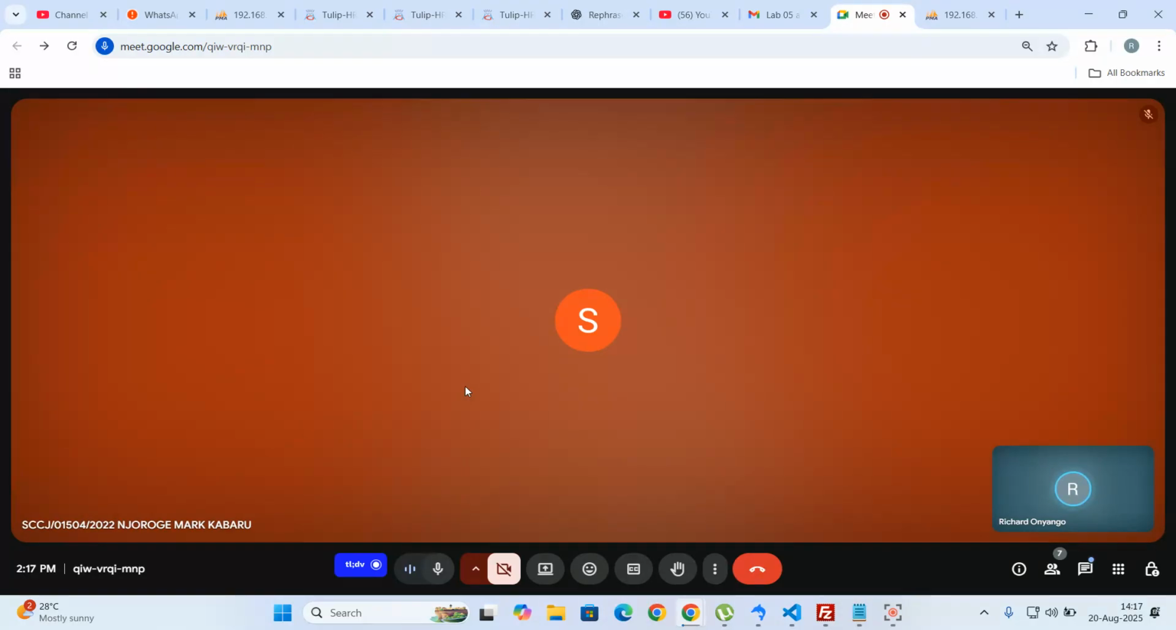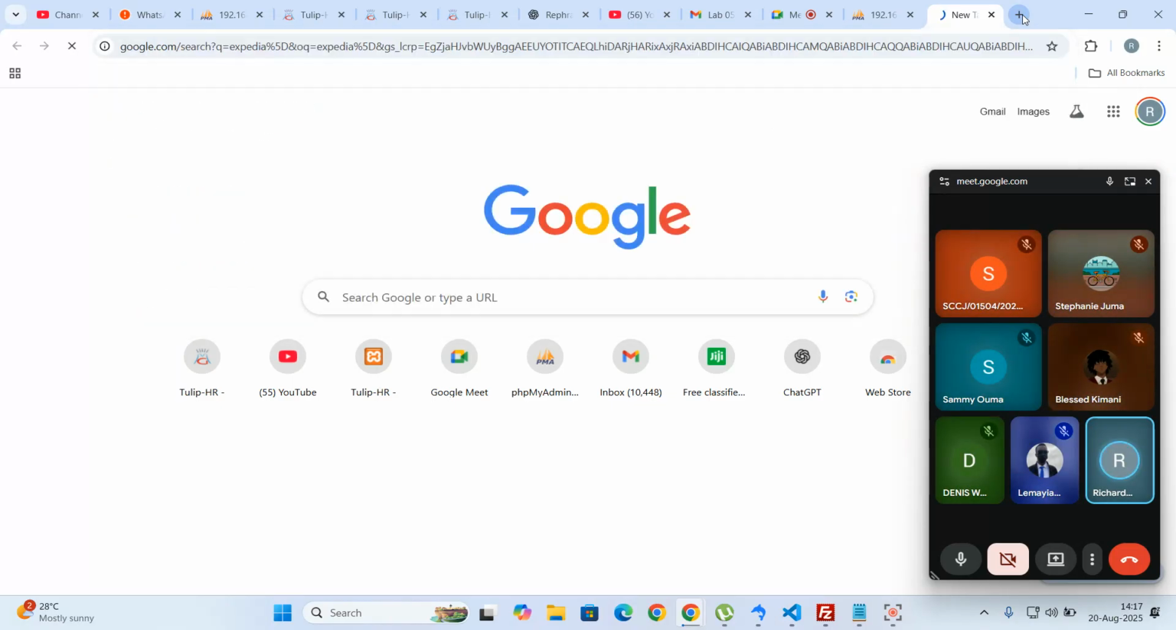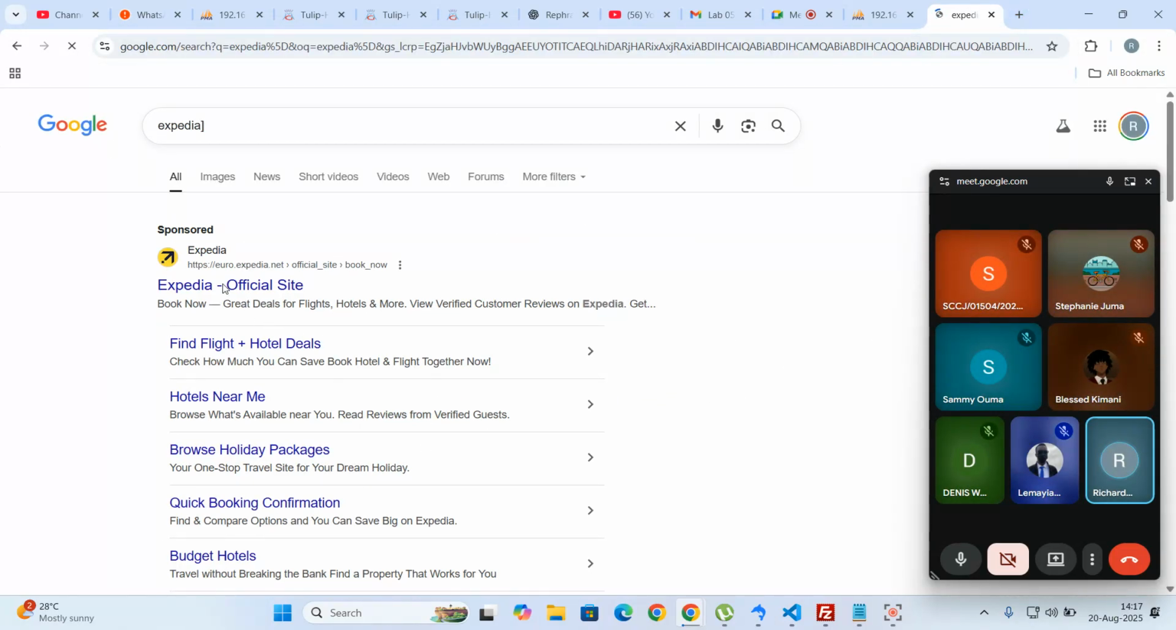So moving forward, I want to show us how we can do a sample application, specifically how we can be able to create a mock up side of what we had. Like if you look at Expedia, for example, expedia.com. So what you'll find is,